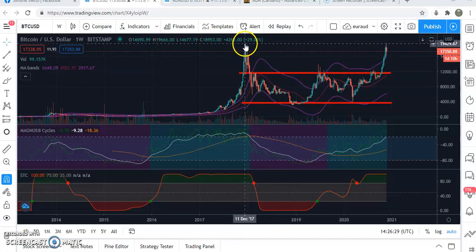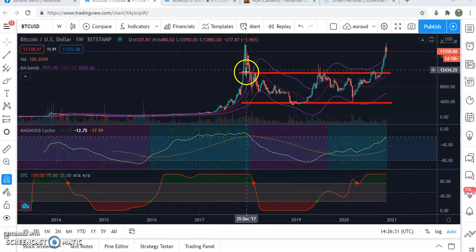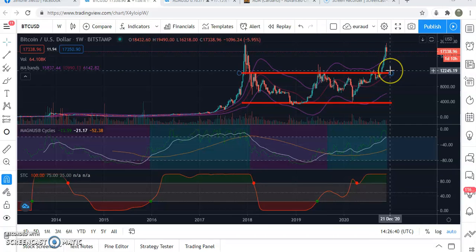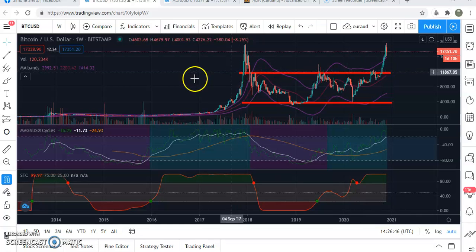because it's getting vertical, we don't have an immediate test of the upper band, but then as you can see here, we are going back to the upper band. Okay, so again, let's not be fooled if we see Bitcoin retesting 12,000 US dollars, because it will be